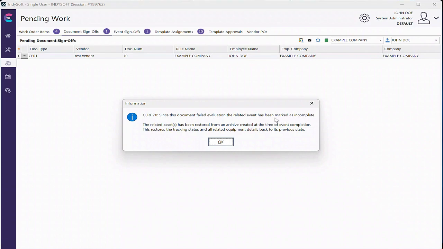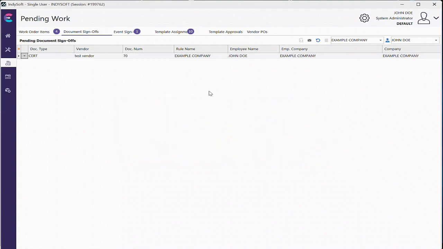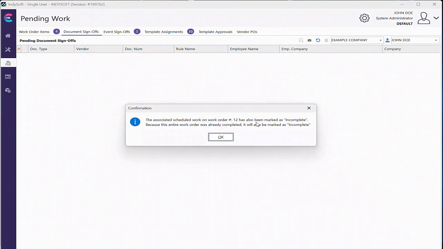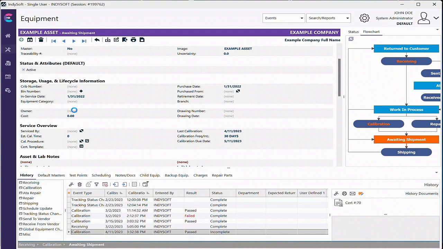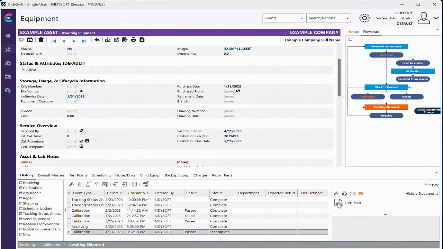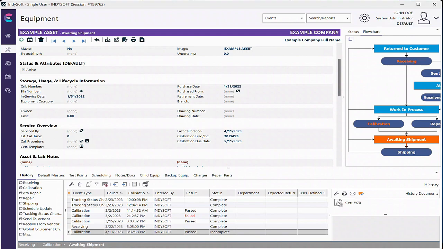So the event is marked as incomplete, and the document has a new watermark on it, indicating that it was rejected. It also incompletes the associated work order. So now if I go back to the document, you'll notice that the document is now archived. And if we open up that document,